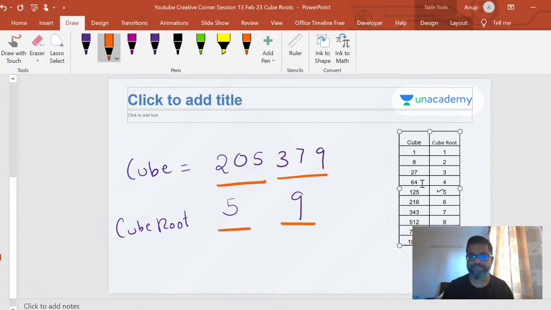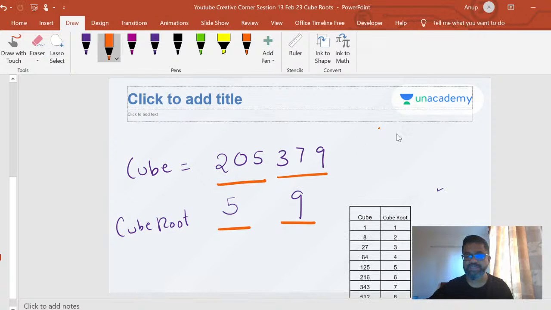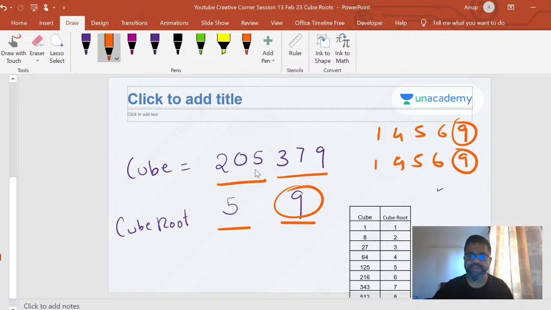Next, 205,379. Remember what I told you about last digits ending in 1, 4, 5, 6 and 9. This is ending in a 9, so the last digit of the cube root will also be 9, and that's why that last digit is 9. And now 200